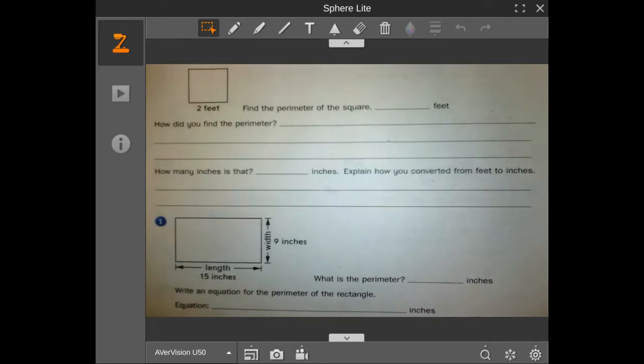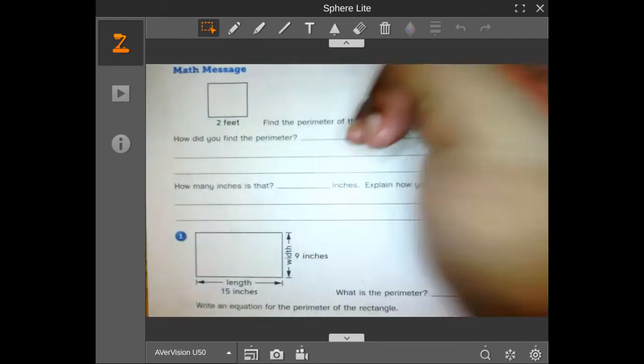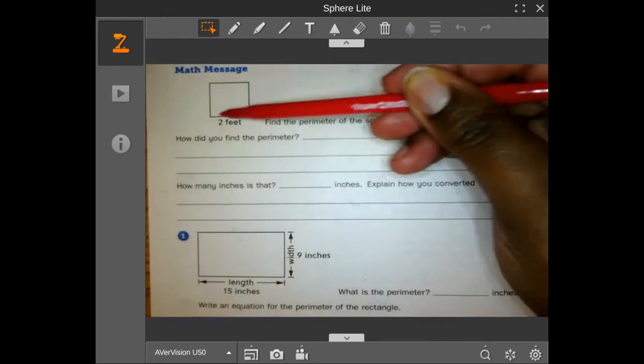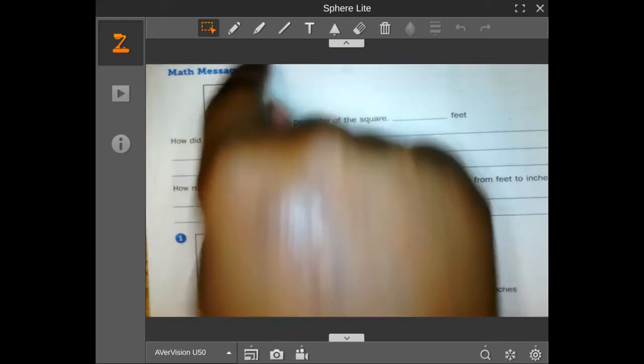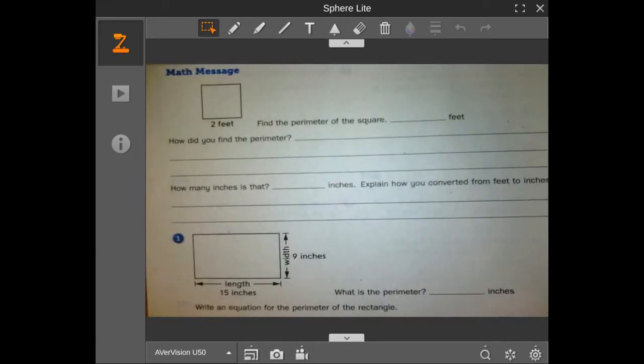For today, we're going to go over perimeter. Perimeter. Does that sound familiar? Remember, perimeter is the length of a boundary of a closed shape. So when we look at this square, right here at the top of the page, it's the length of the closed shape. That's the perimeter, the outside of it. So you can even take your finger and trace around the edges of this square, and that represents the perimeter,